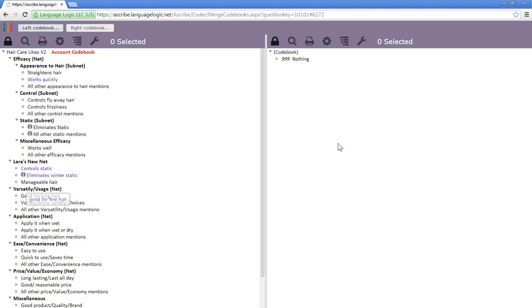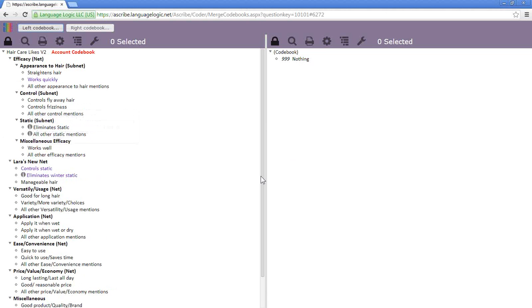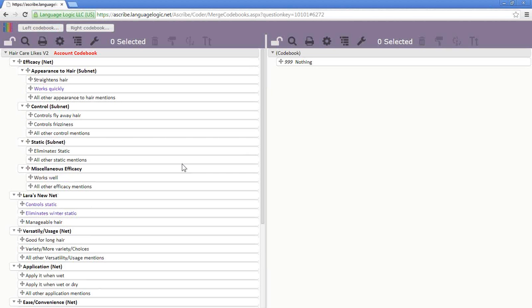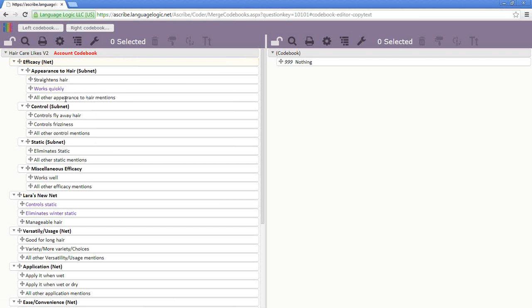So what I can do now that I've got a code book on the left side of the screen and a code book on the right side of the screen, any editing I do on either side, it affects the code book that I'm working with. Okay, that's why I'm using an account code book here, so that I'm not messing with the code book in the original study. And what I need to do is I'll unlock the code book on both sides. And I can simply say copy. So I copy my efficacy net